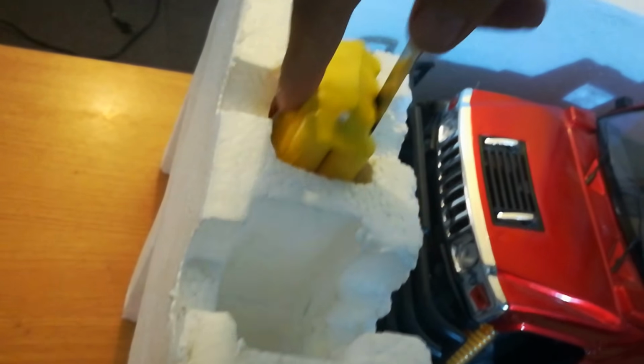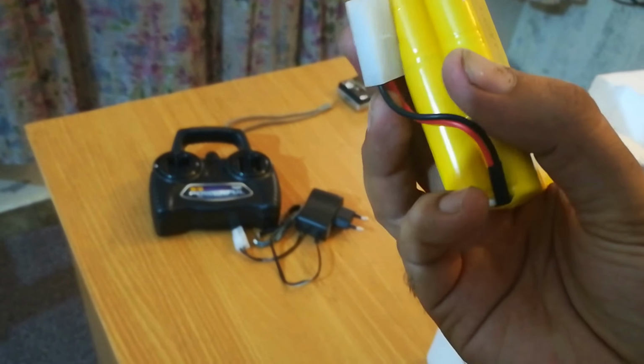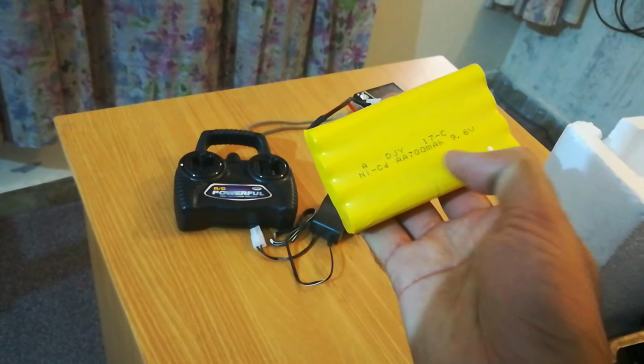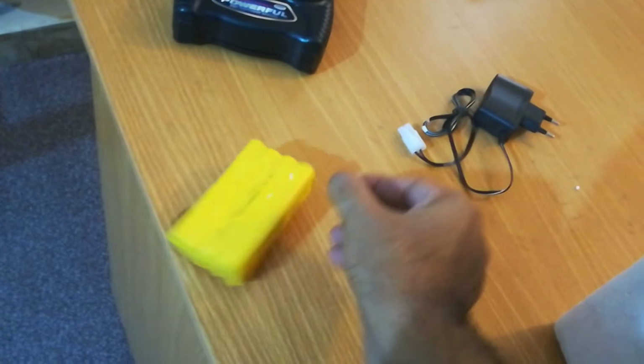Okay, and I think this is the battery. I am unable to pick this out, so let me try it this way. Yes, only cells are connected with each other. Very simple battery, easily available anywhere. 9.6 volt. Nothing else written on the battery. Remote, charger, battery,